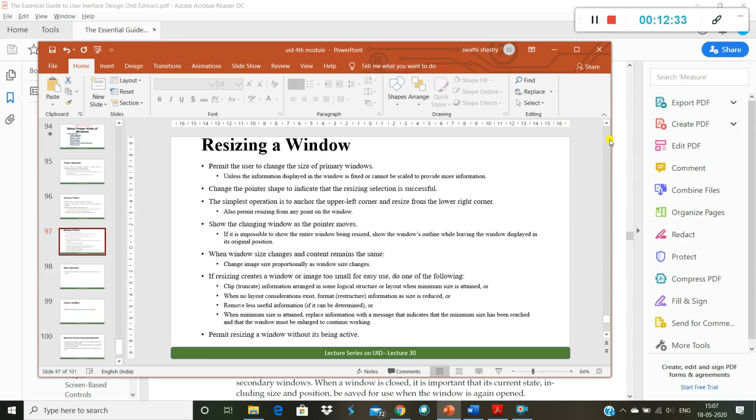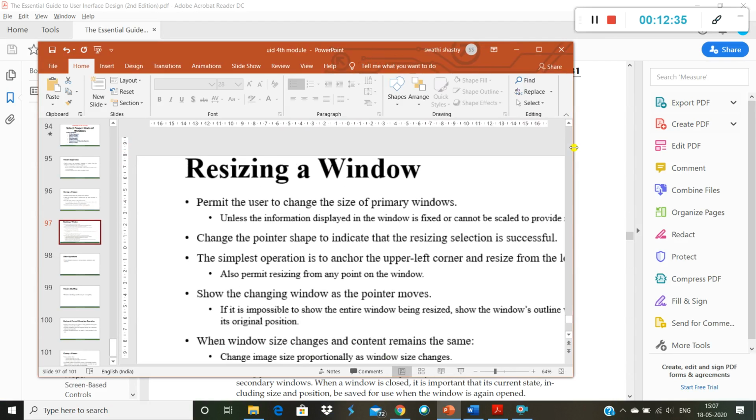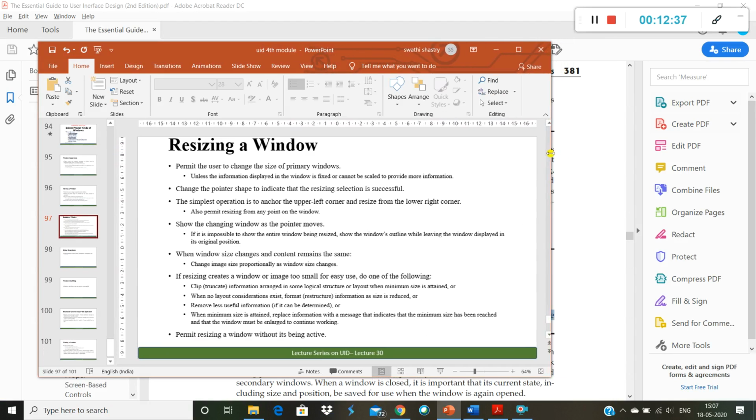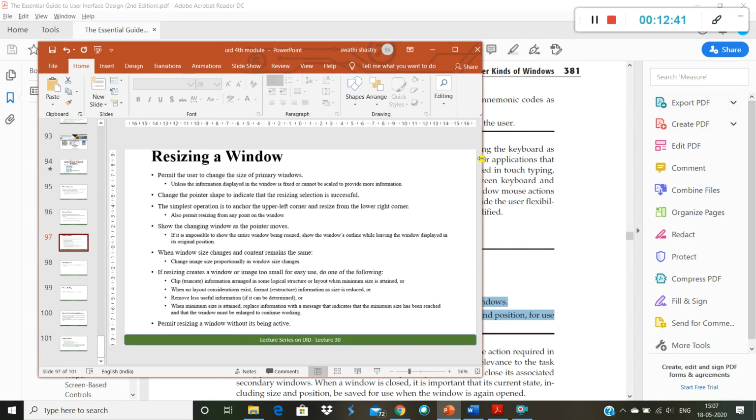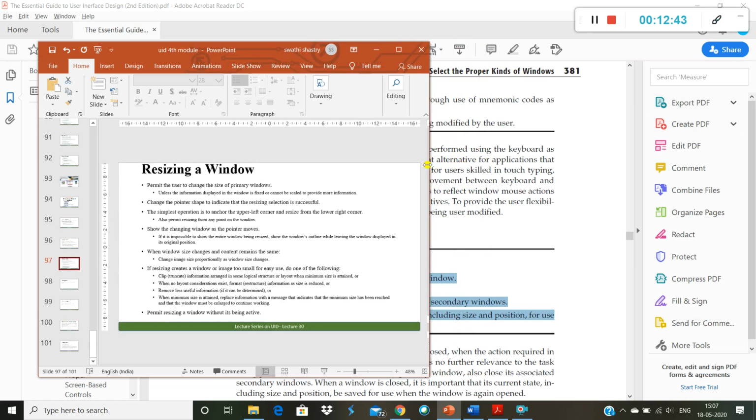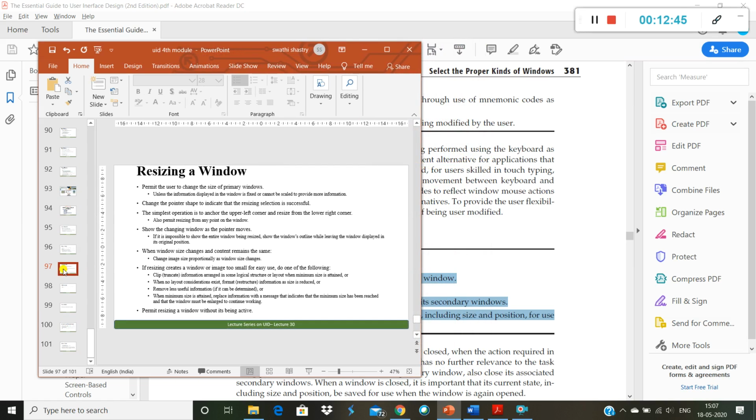So I'm resizing it, and my window is not capable of handling that, right? The smaller the size, the slide is going on, right? So what it is doing is getting it to the minimum size over here. You can see here, all my slides are visible, but you're getting a minimum slide which is very small.